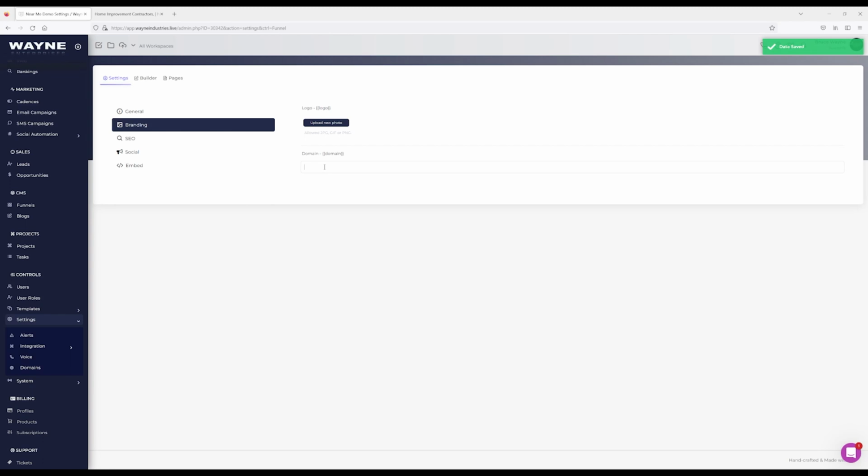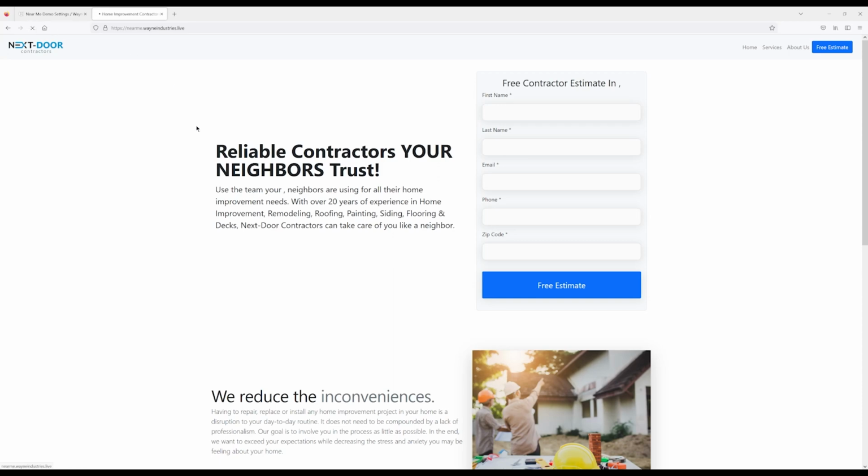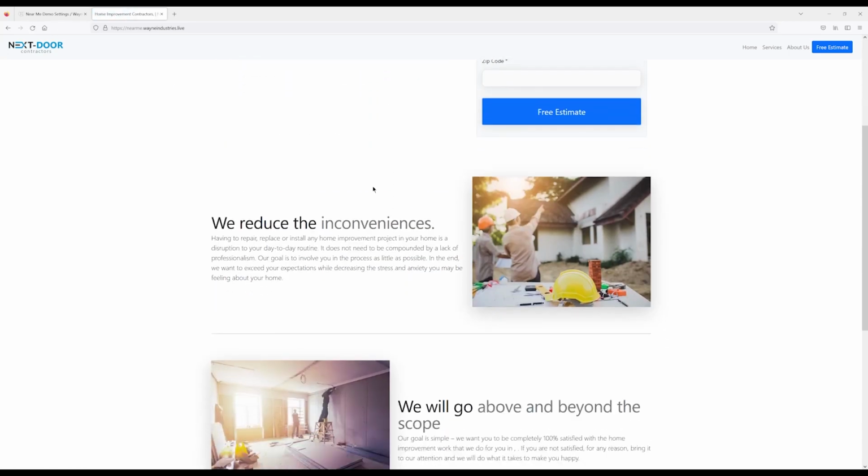So in this case, I removed the domain and now I've added it. You don't need to do any other steps as long as the domain is pointing to us. You've now installed your domain and your site is now live. So if I were to go out to this site on this domain, here's a site that we just designed